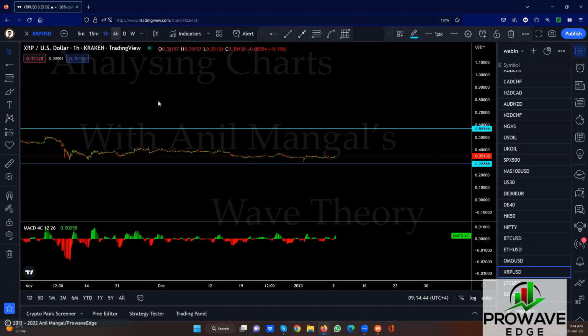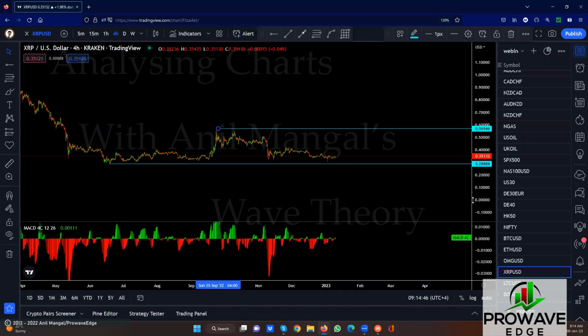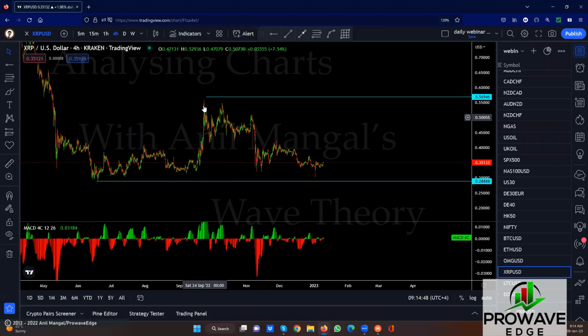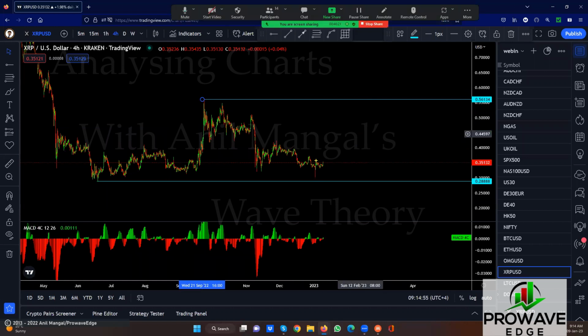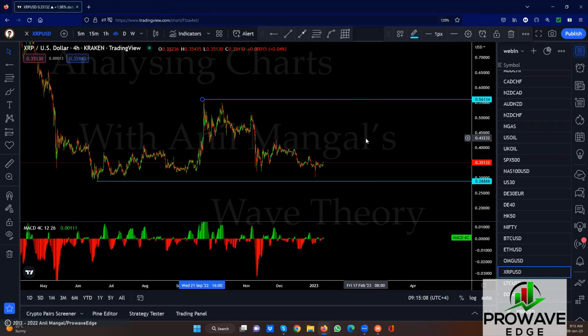Let's go in the 4 hour. And if we look at it like this, and this came down as a correction like this, and from this point decide to go back up, yes, a buy setup here is not a bad idea. If you get a buy setup here, it works its way back to the top. So this might be a more reliable buy setup if it happens, because this is not exactly dropping as an impulse after this one, right? This one is going, so this could just be one big correction here.